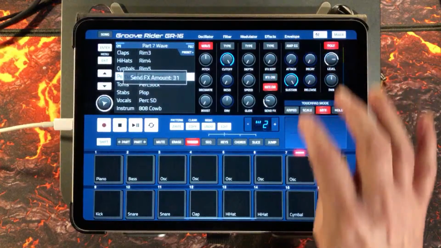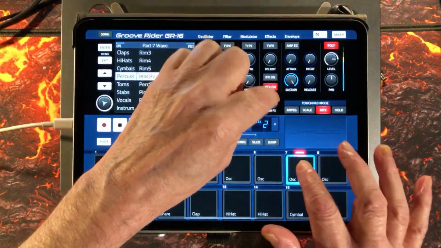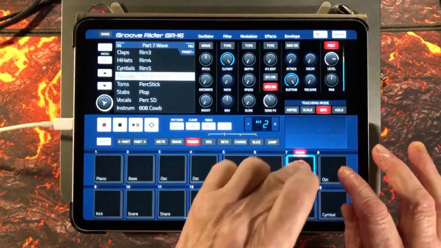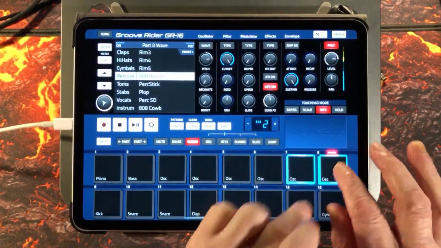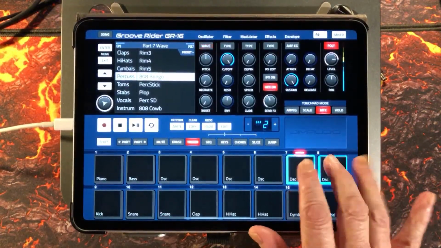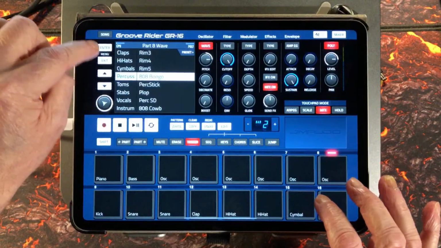And a bit of, so a little bit of percussion there on those two, and we can